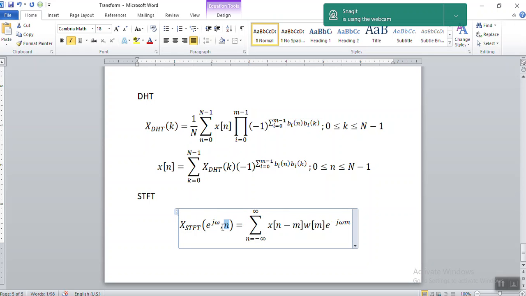As I said, X of e to the power j omega is only the frequency domain information, where the time domain information gets lost. So, therefore, once it is STFT, you will get at least some range of time information. Okay. So, that is what STFT is. So, then after that,